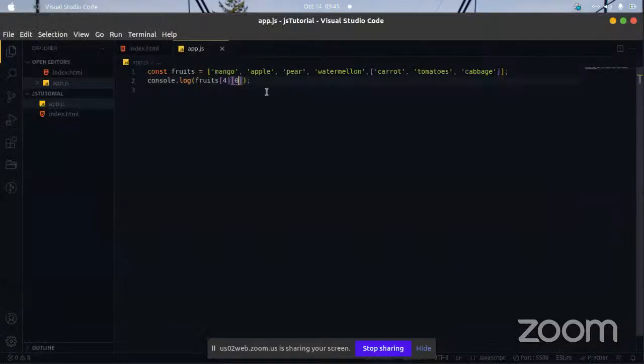So this is also a way of using a multi-dimensional array. And even if we did have something inside here again, like another array, we could still use the same method and look through the array. Let's see if I add something like yam here. I want to get yam.